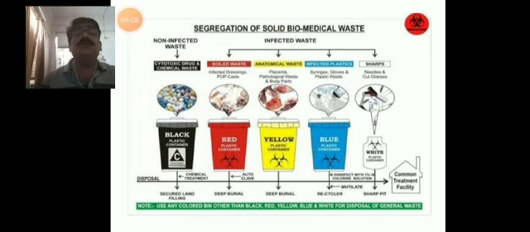The black waste box is made for the unused medicine. Red is used for the bandages after dressing and all. And the yellow is used in the operation theater. Suppose some part of the skin is cut, some flesh is taken out, and the blood and all has to be put in the yellow one. And the blue contains the solid waste, like hand gloves, syringes, and bottles, the glucose bottles, and so on. They are taken to the incinerators and burned, because if they are not burned, hospital infections cause the biggest problem in the atmosphere.